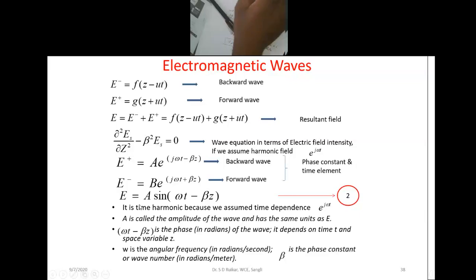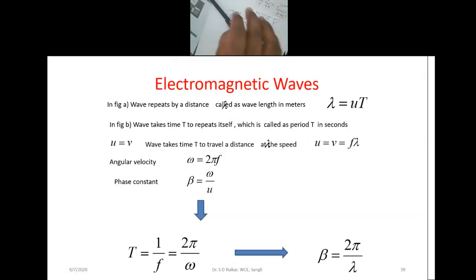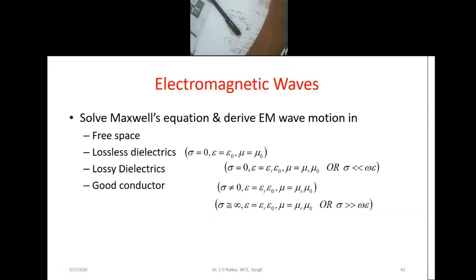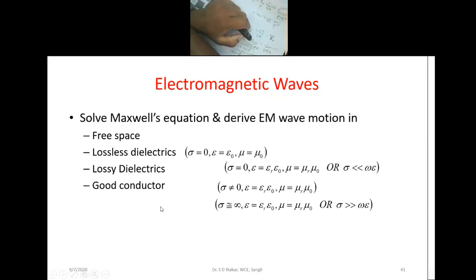Okay, and we can find out the time period, the phase shift and all the factors for the given wave. Already you know this particular component. Now come to the topic. This one is important: these are the medium constants. Medium constants mean your conductivity, epsilon and mu 0. These are the medium constants.